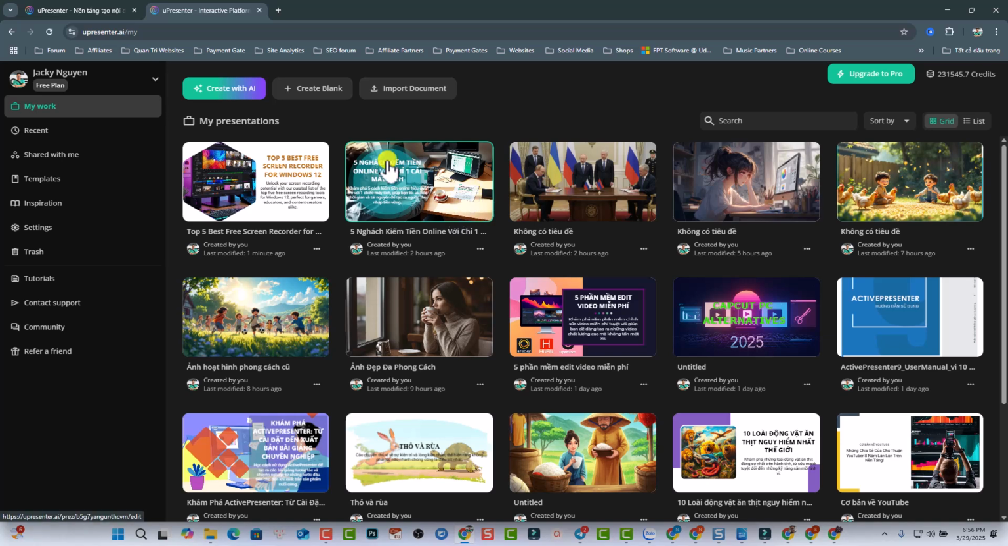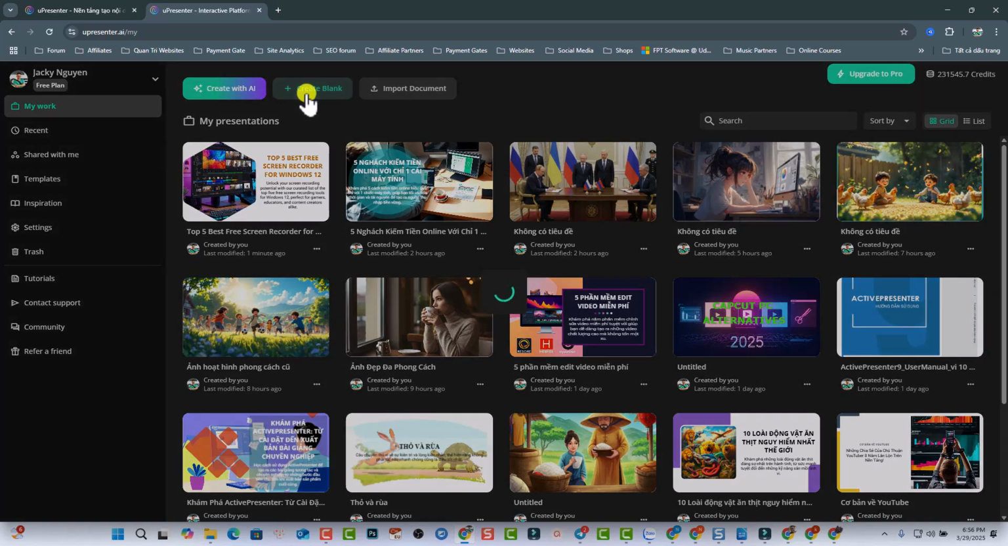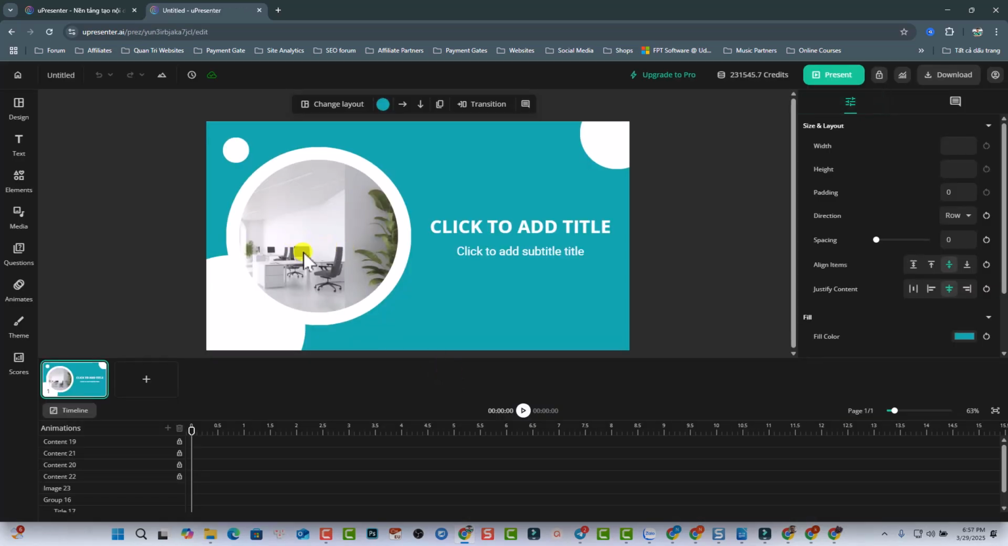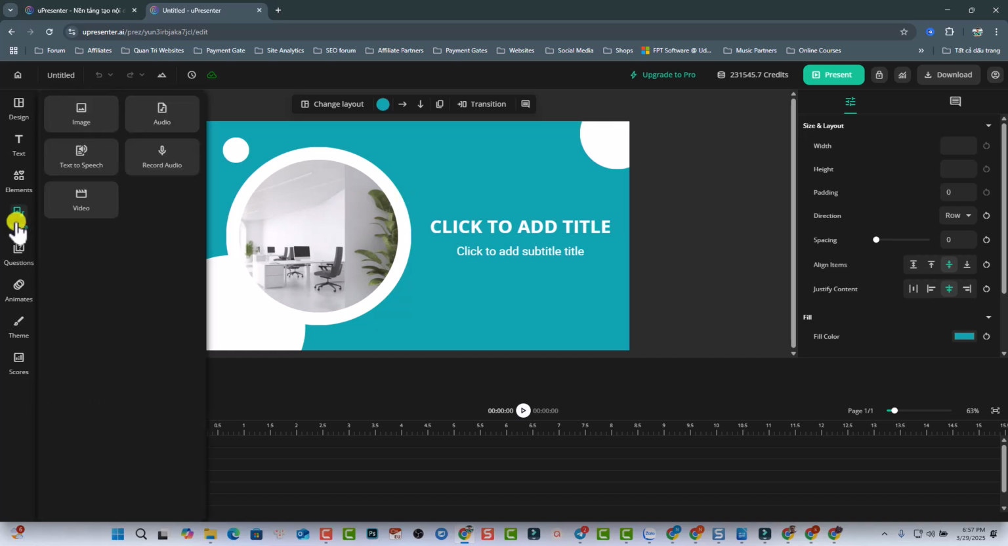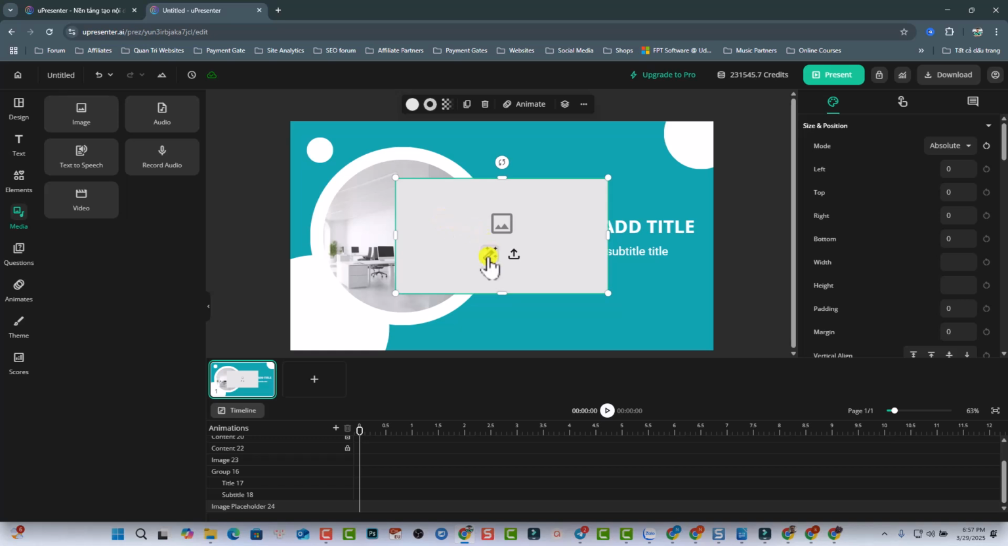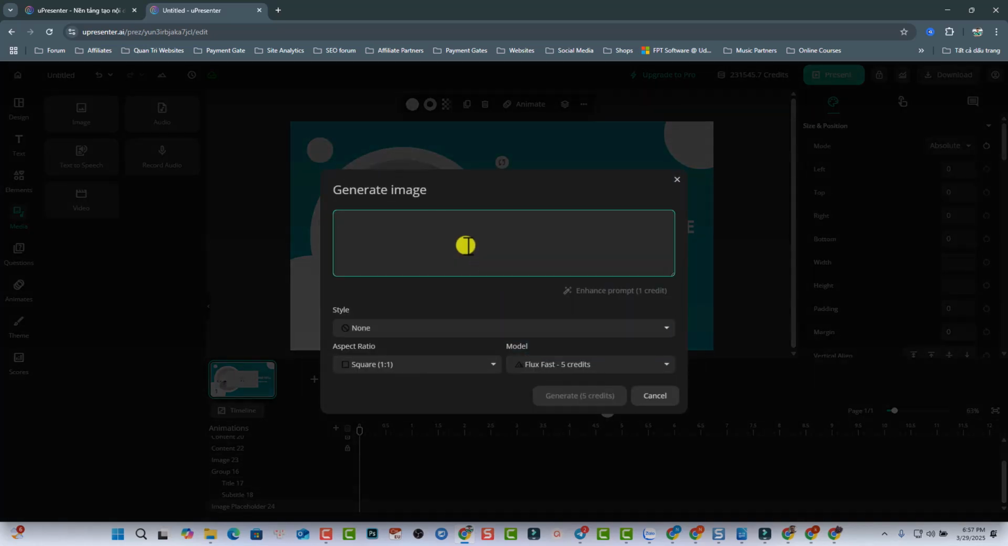For example, if I want to generate an image, I can just create a blank project here. I can select any theme. Okay, so next step, if I want to generate an image, I need to go to the media, and then I can select image here. So this is the AI image generator. I can select it, and now I can type here a man working with computer, stuff like that, and I can click here to enhance the prompt,